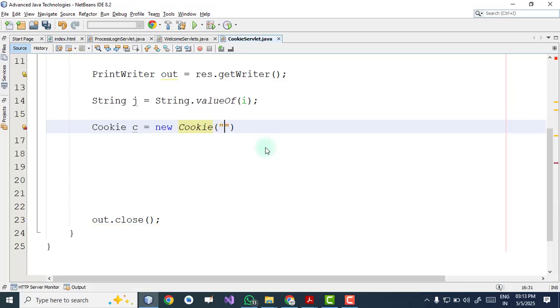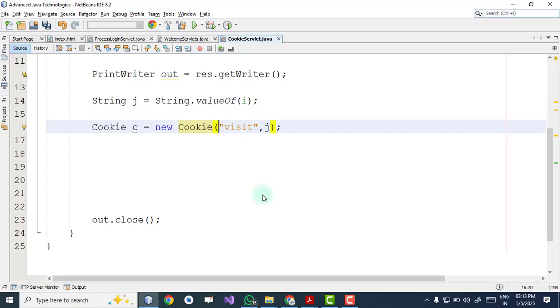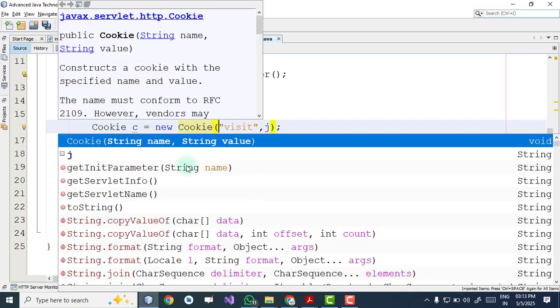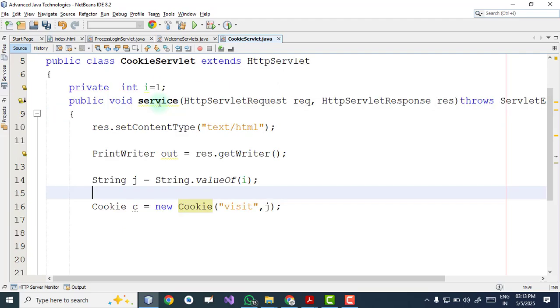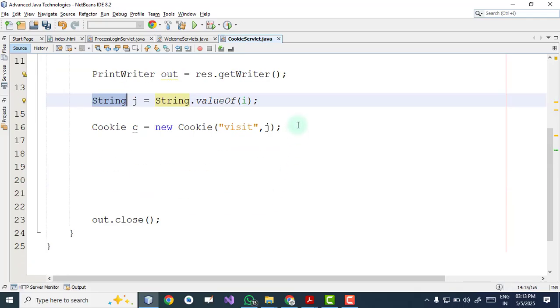So suppose I am giving visit and the value is j. Since this cookie class has two parameters which are of string type, as we can see both the parameters are string, that's why I convert this value of i into string.